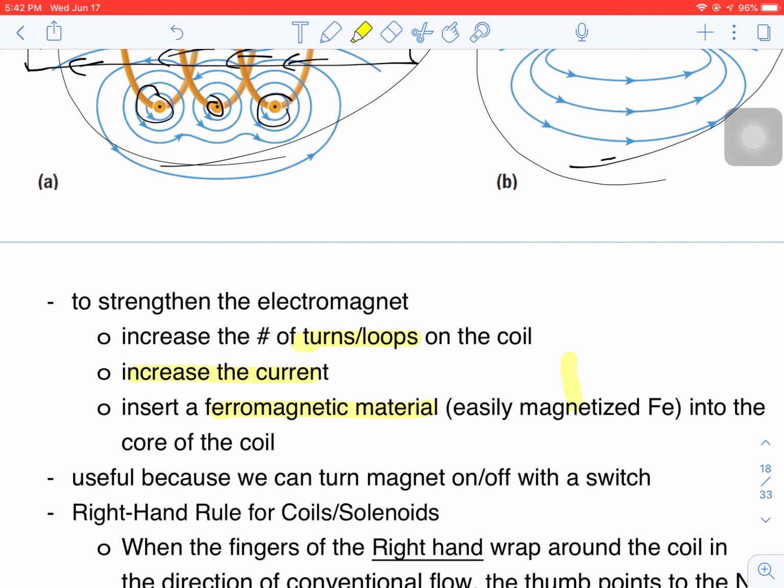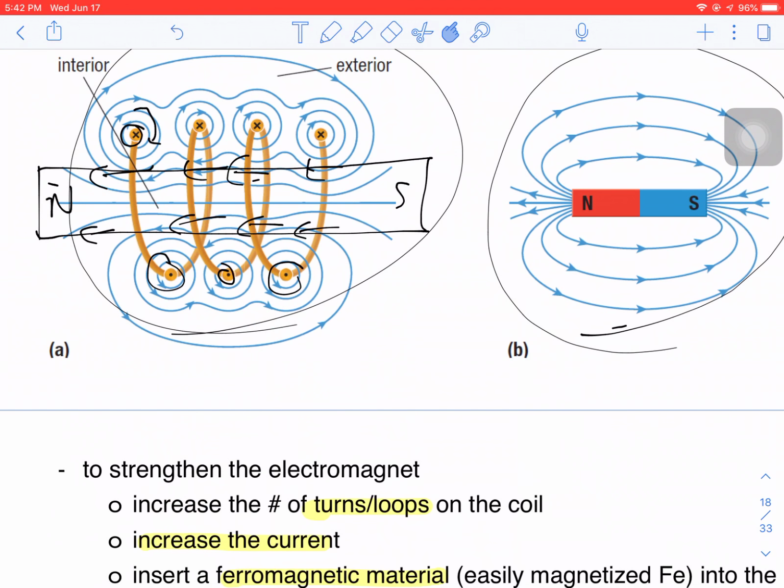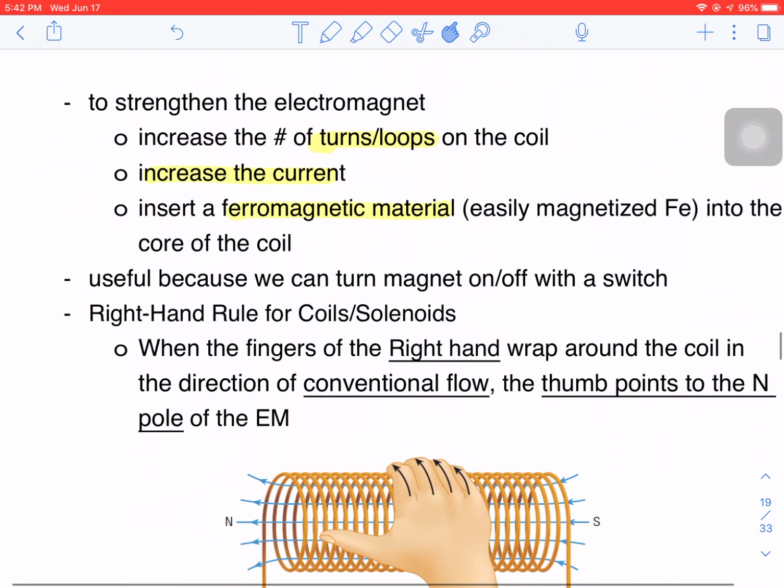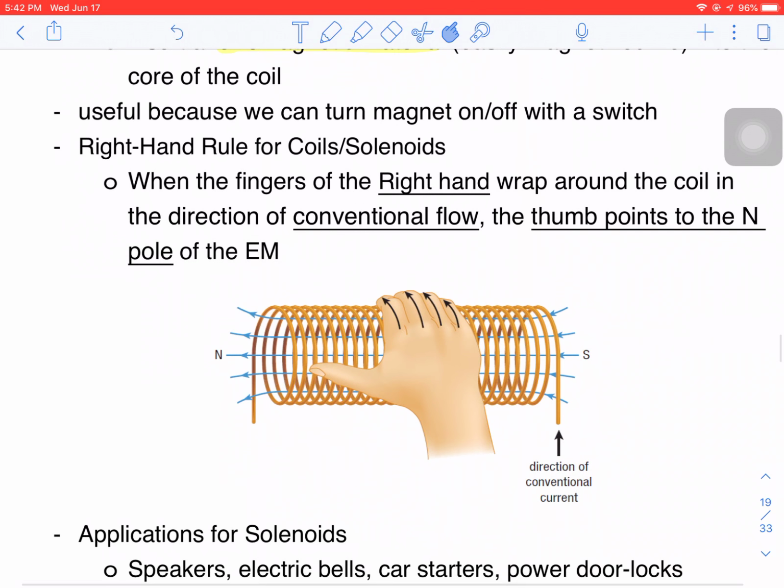Now the question becomes, like Ørsted thought originally, how do I decide which end of this is going to be the North Pole and which end is going to be the South Pole? Well, we came up with a second right-hand rule. This right-hand rule for coils or solenoids. And basically it says if you wrap your right hand around the coil, such that your fingers are pointing in the direction of conventional flow, your thumb will point towards the North Pole